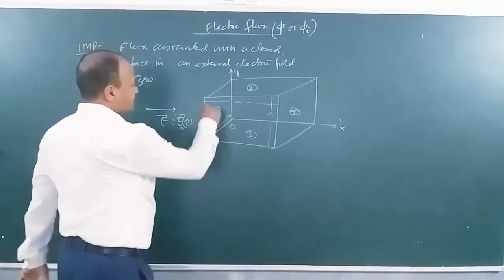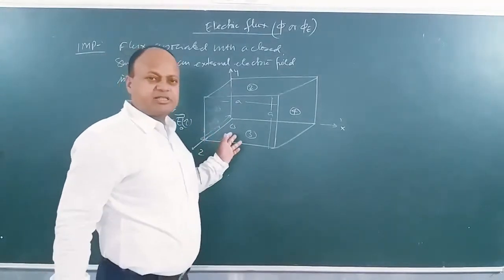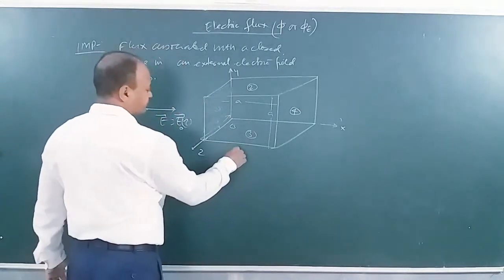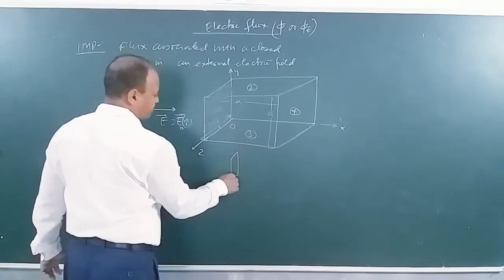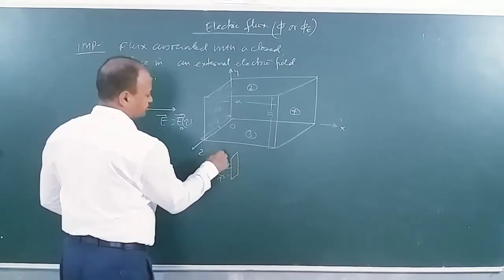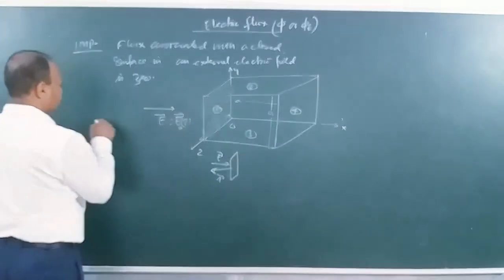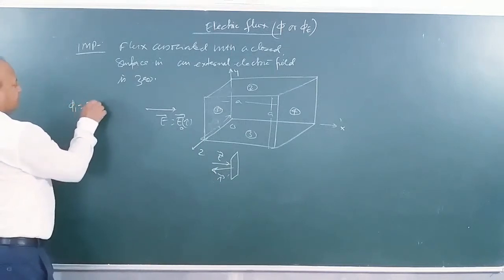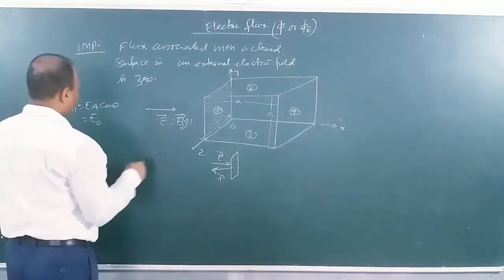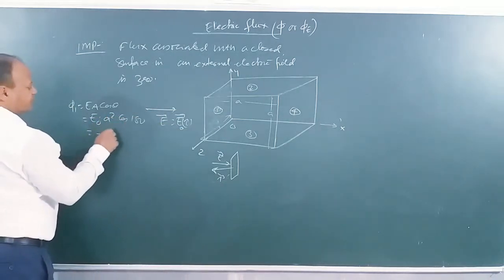So if I want to calculate the flux through this surface area 1. In case of any 3-dimensional surface, you will be told the area vector is always pointing outwards. So if I look at surface 1, this area vector A and this electric field E, how much angle between them? 180. So flux through surface 1 will be how much? Phi 1 is E cos theta, which is E naught i, A square cos 180. So minus E naught into A square.